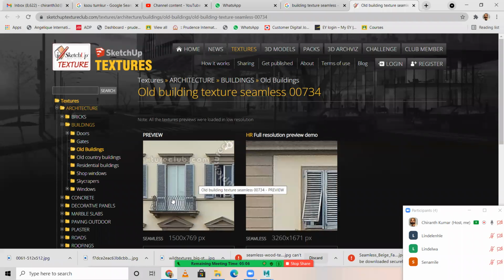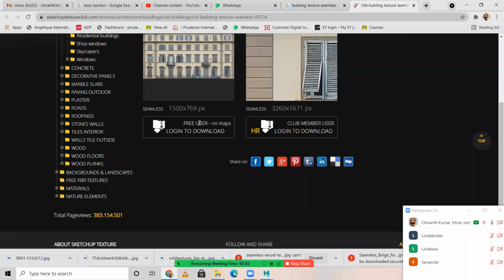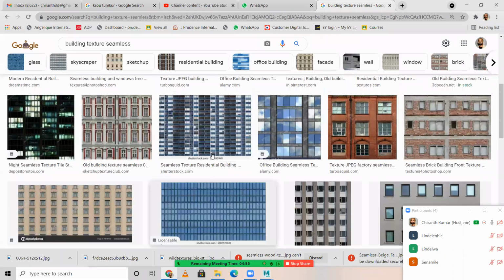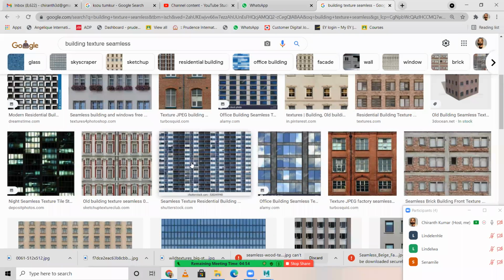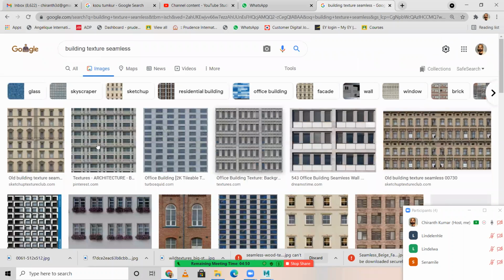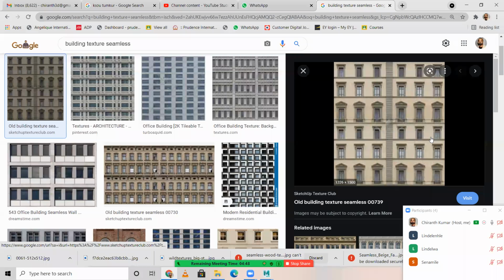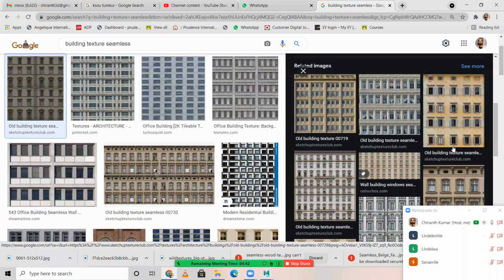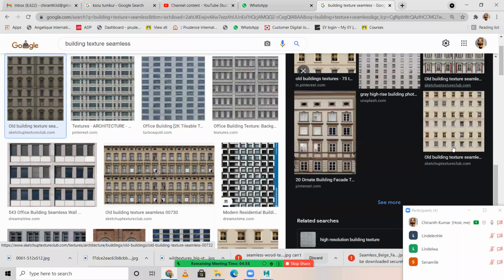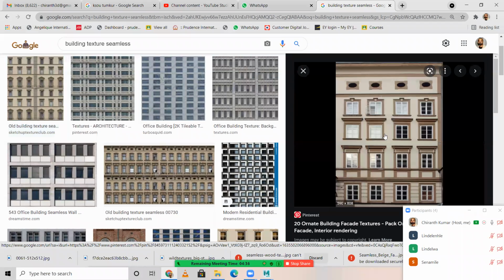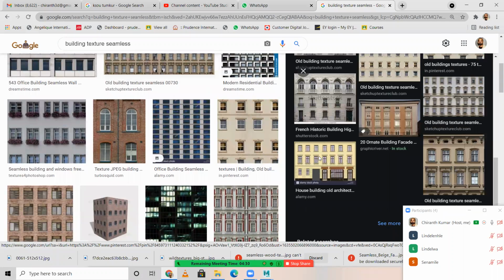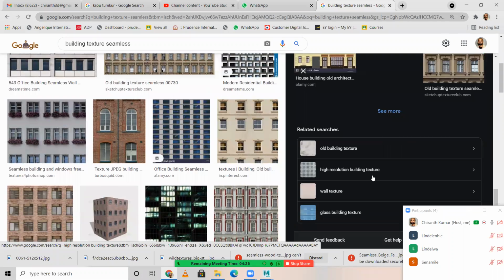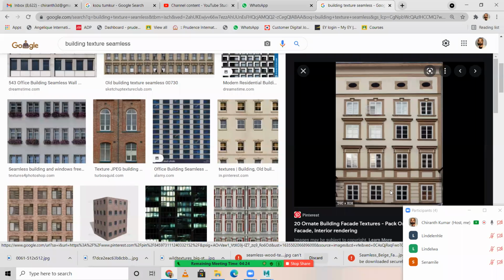I think there's some watermark here. I need something without watermark. Okay, let me download this.